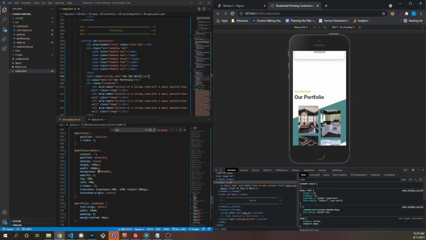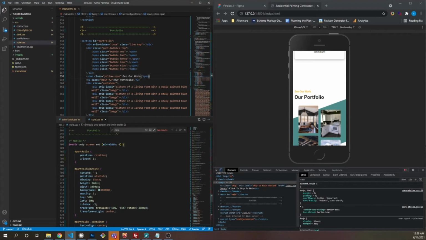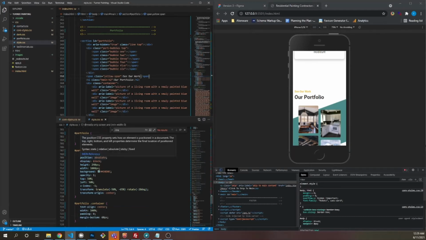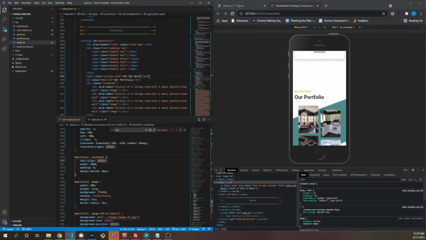So why I'm scrolling up instead of just adding it at the bottom is because you want to have your CSS in the order that things appear in your HTML. So it's going to be one of the first things. So we got our portfolio pseudo element, that's first, container, I guess that's first. Image is right here. It's above the image, so we're going to go right here. And we're going to do